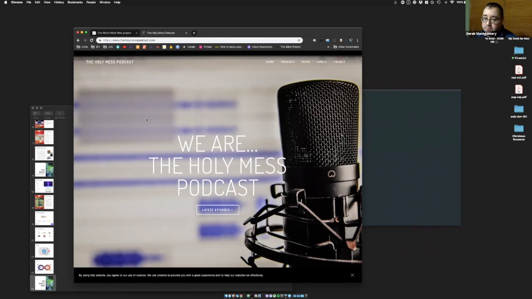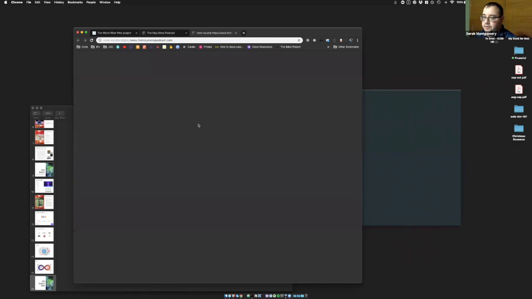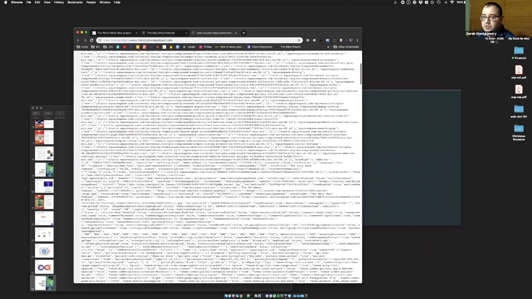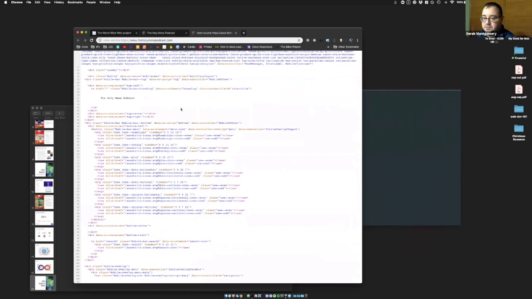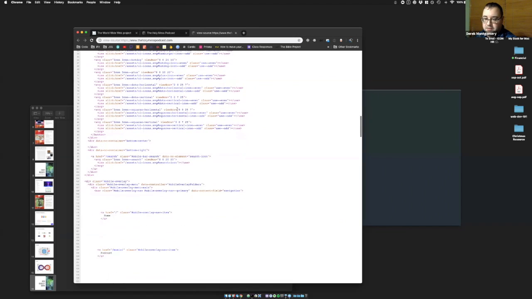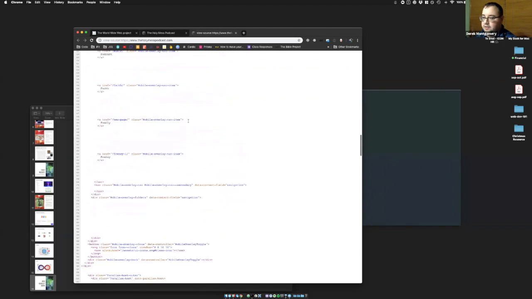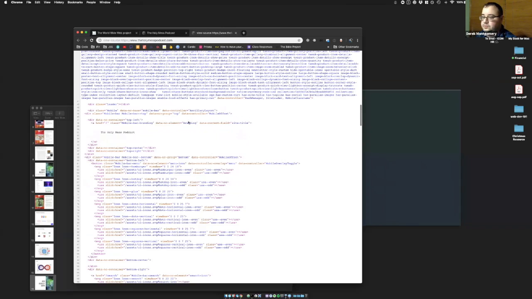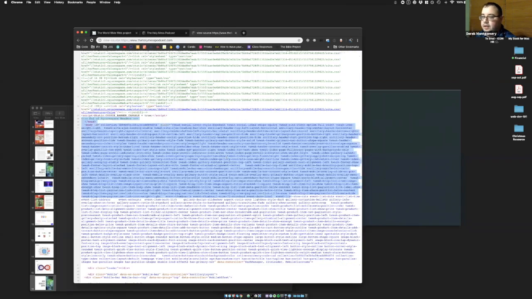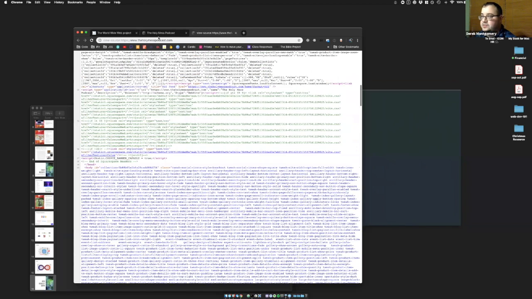You can do this in your browser probably. If you go to any website and you right click and you say inspect or view page source, this is called the source code. Don't let this scare you, because there are a lot of tools out there that take really beautiful code and turn it into really ugly, fast stuff. Nobody writes stuff that looks like this. This is all generated. But this is the website.